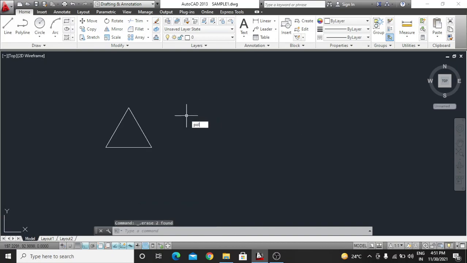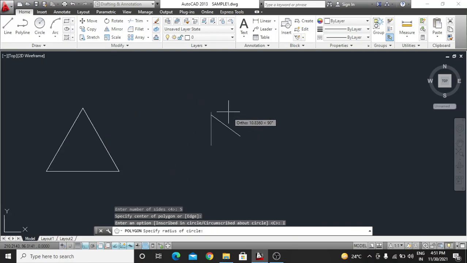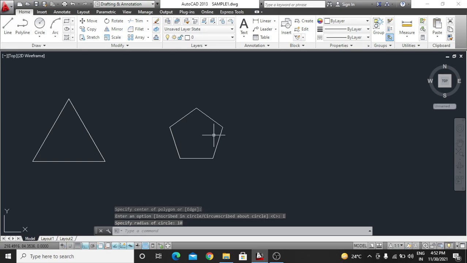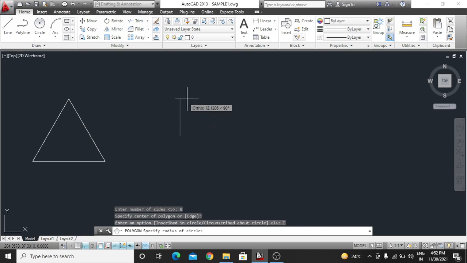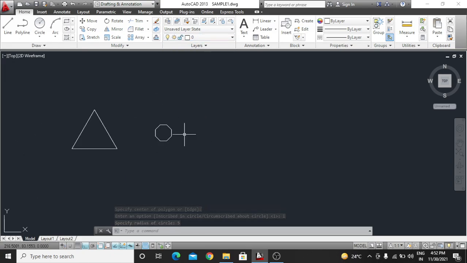So next, if we want to make a polygon with 5 sides, right? So now you can see 5 sides. If we enter the side of 10, so all sides will be 10. That is equally separated, right? If we make a polygon with, for example, 8 sides, so here is the 8 sides. If we mention the 5 sides, so all the dimensions will be distributed, right? So this command was the polygon.